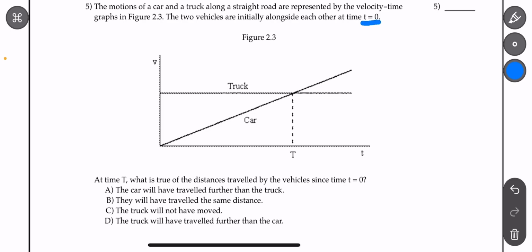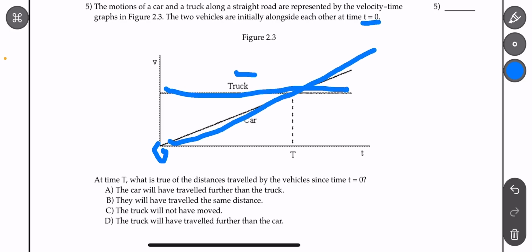Now, for this problem, we have to figure out the equation we are going to be using, and we have to find out what each of them is, right? So we can see here that at zero, the truck is moving at a constant velocity the entire time. It's not really accelerating, it's at a constant pace compared to the car, which is constantly accelerating, right? So we could deduce this by breaking down